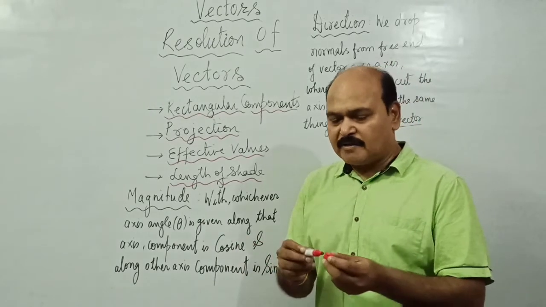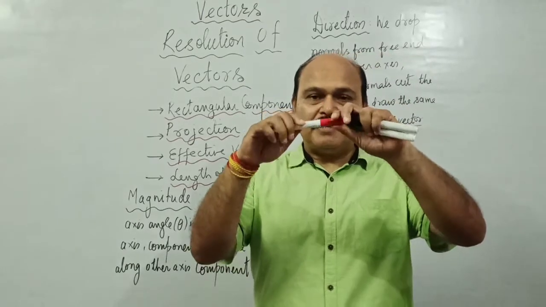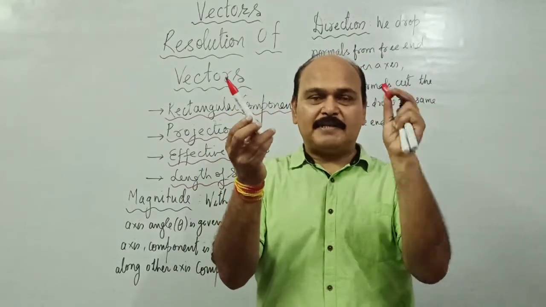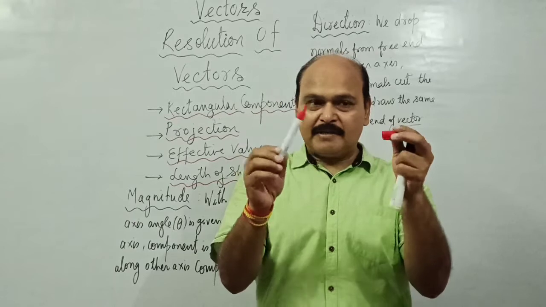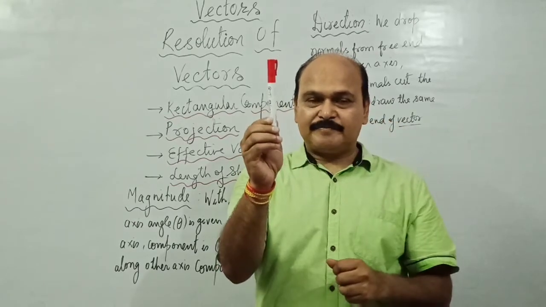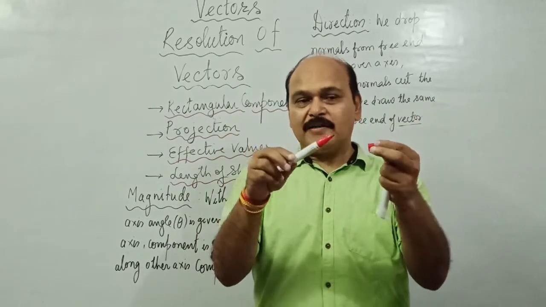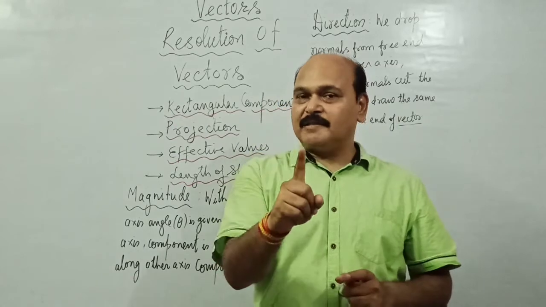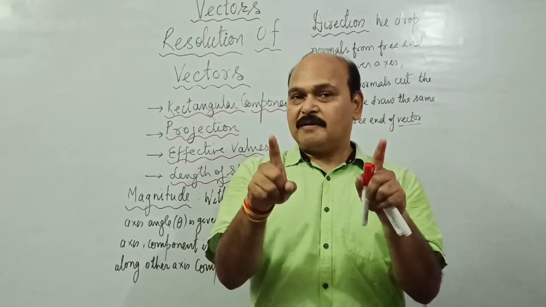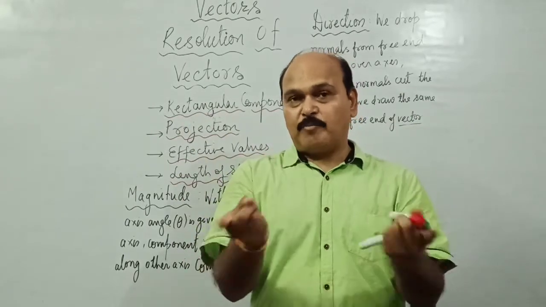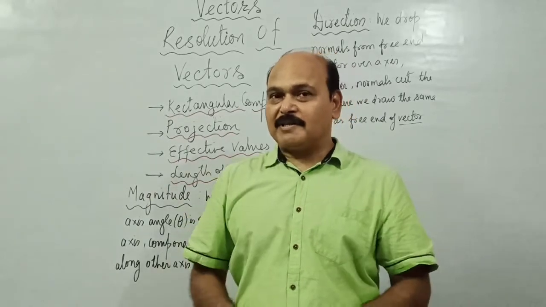So how is it a component of a vector? Like this is a pen, and it is broken down into two parts: this cap and the body of the pen. These are two components of the same pen, which is an undivided pen like this. So like this pen can be broken down into two parts and both the parts together make up the same pen. Exactly in the same way, a vector can be broken down into two parts called its two components, and both the components together represent the same vector. So how can we break down a vector into its two components?